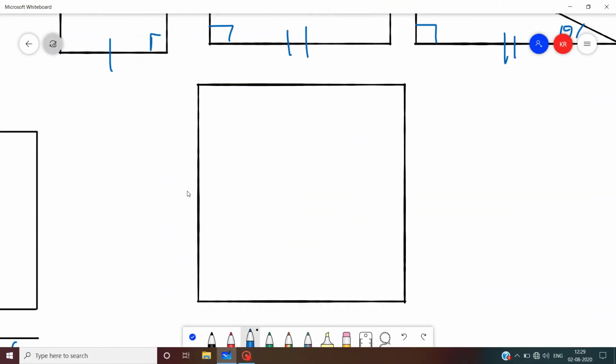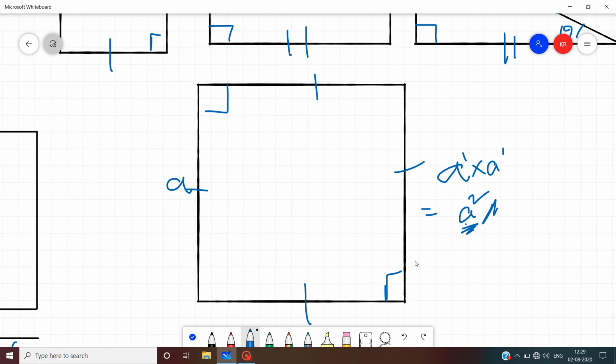Okay, now coming to the derivation of the square, whose all sides are equal and each side is perpendicular to each other, right? So I am picking a side length of a, then the area must be a times a. So the powers are added, it will be a power 2. So we are calling it a square because we have derived it from the shape square, right? That's it. This is a pretty simple one.